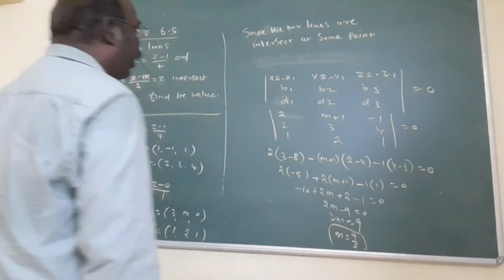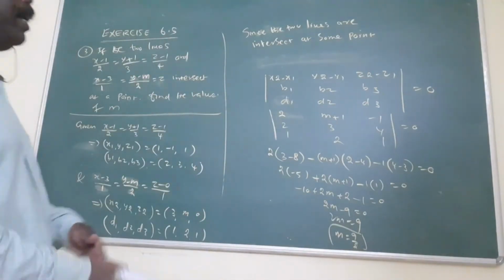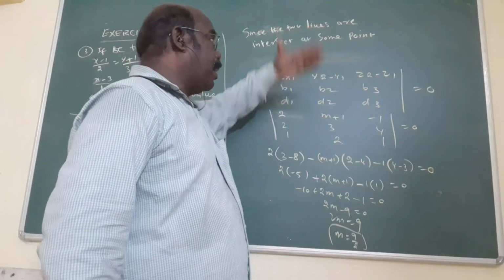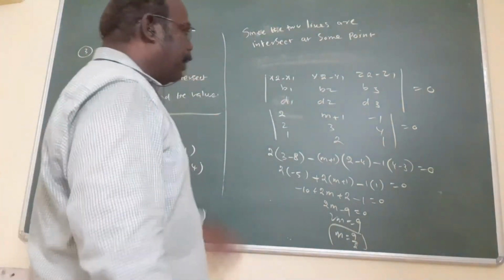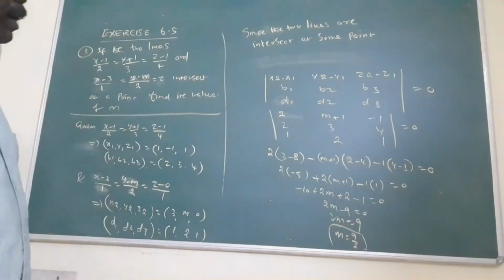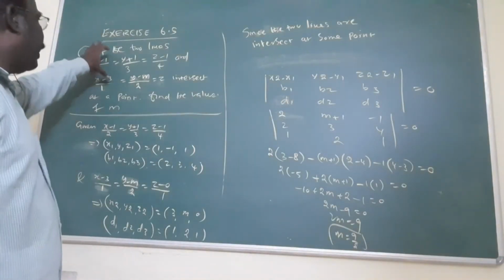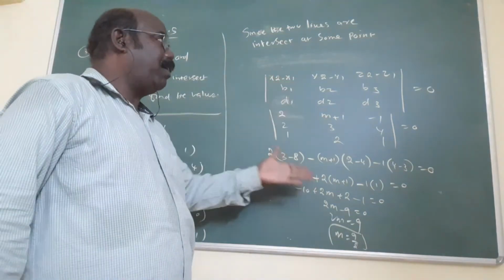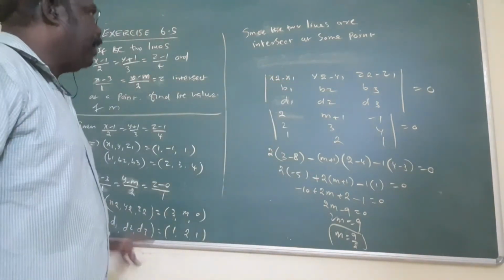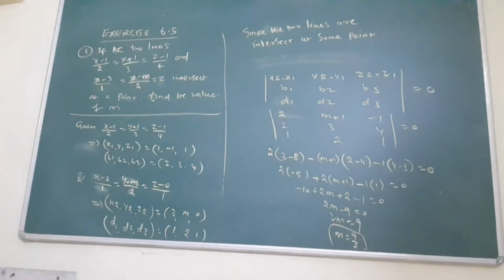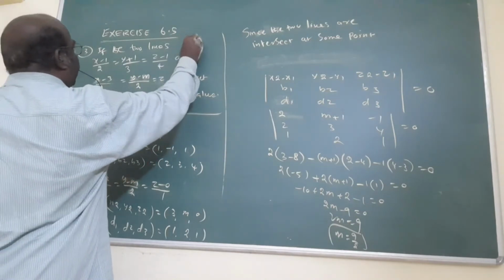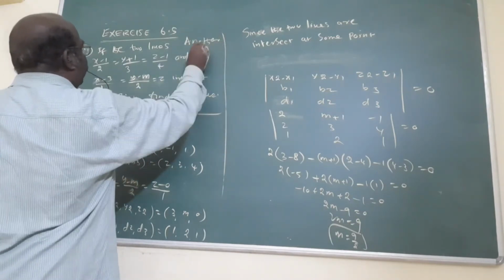Because the two lines intersect each other, we use the formula (C minus A vector) dot (B cross D) equals 0, or otherwise this formula. Sometimes this formula is easy for you. That's very important. Sometimes when the question says that two lines intersect each other, using this formula is easy for you. Okay? Maybe you have two methods. You can do it either by the previous method or this method. This is another method. This is the third question, another method.